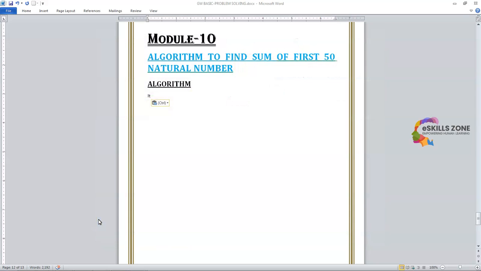Today in this video we will learn how to write an algorithm to find the sum of the first 50 natural numbers. For this, first we must know the definition of an algorithm. An algorithm is a defined set of steps to solve a given problem. So for this, on the first line we will write begin,